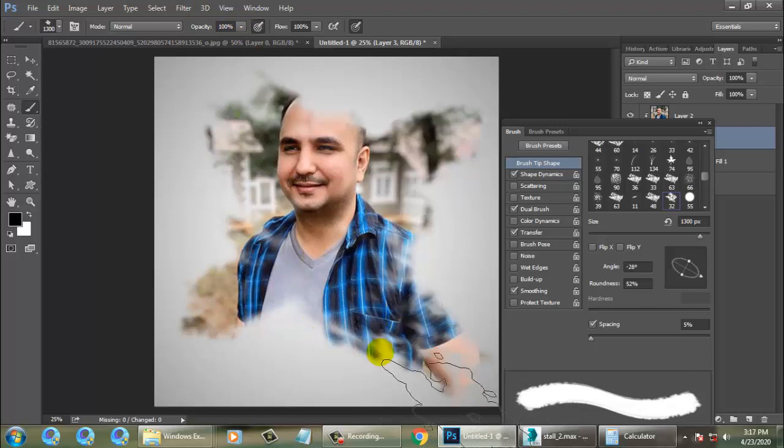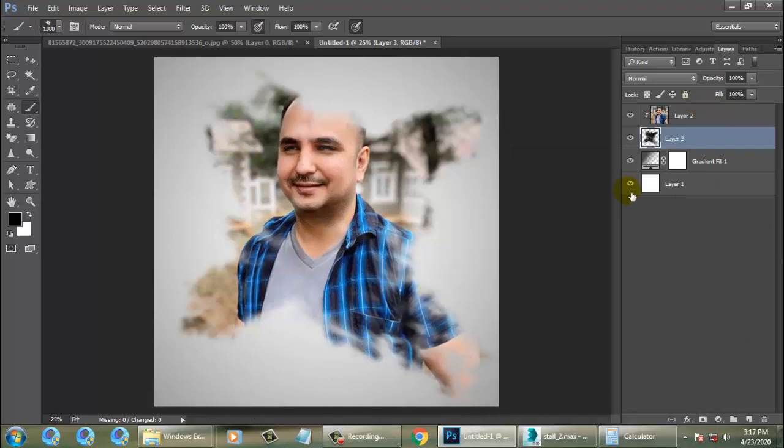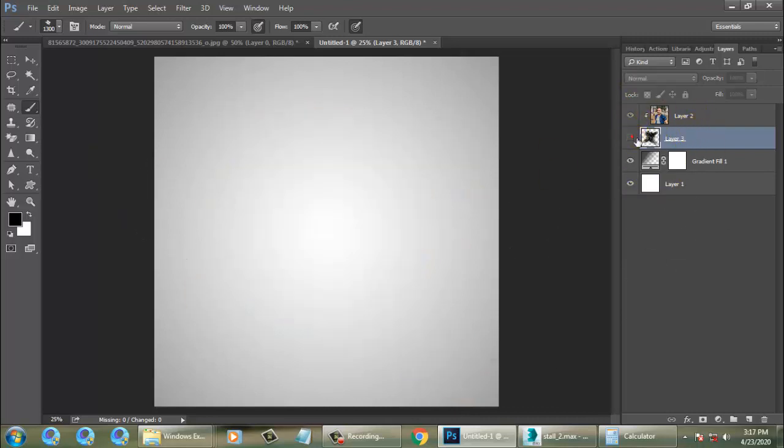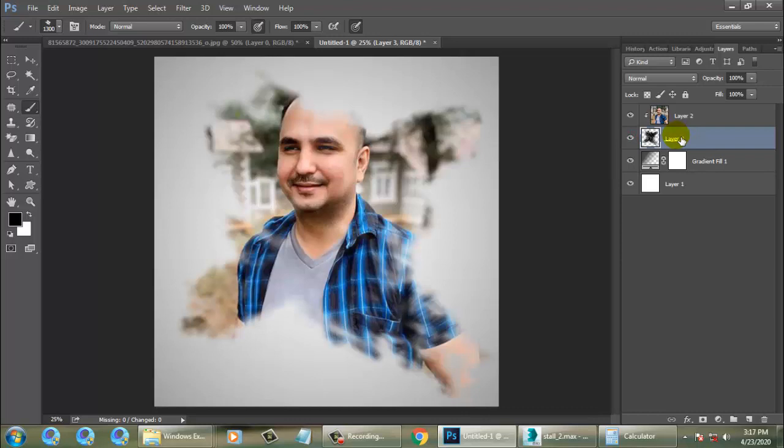This is just a kind of splash effect you want to show over here. You can do that over here. As you see, this is a mask and I'm painting black on top of it. So this is your clipping mask, and on top of it I'm painting this. If I paint white, I'm painting black, so this is making it in this way.